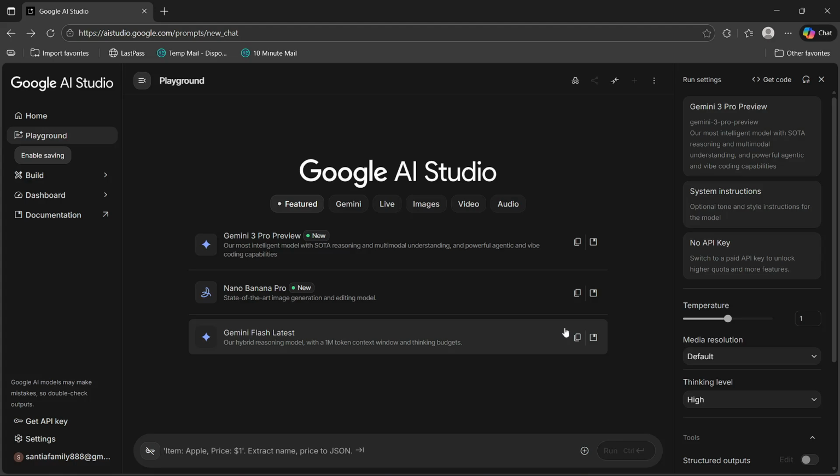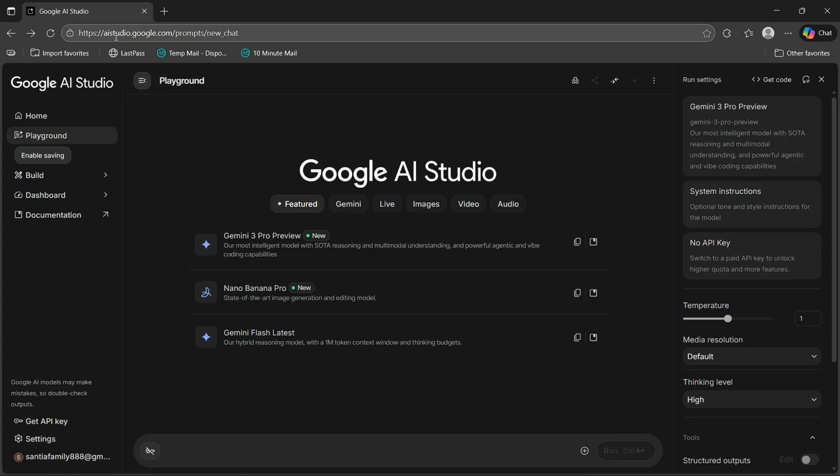In this video, I'll give you a quick guide on how you can use Google AI Studio. This is really helpful if you want to generate content, test prompts, or build AI workflows using Google's newest AI tools. So the first thing that you will have to do is of course go to the official site, which is on